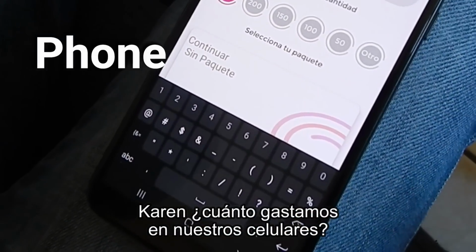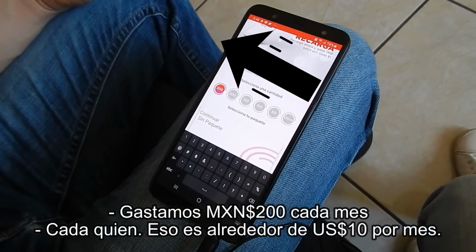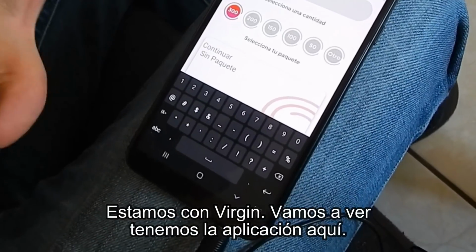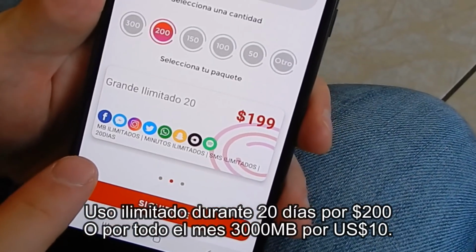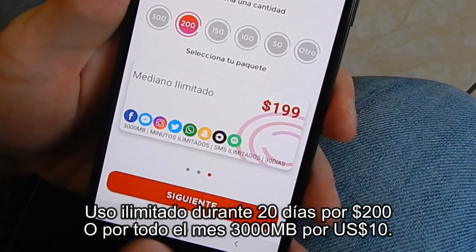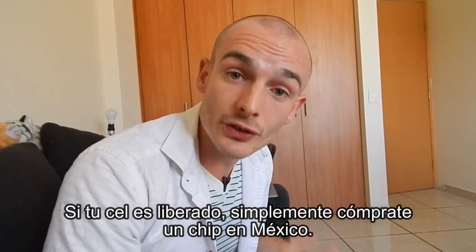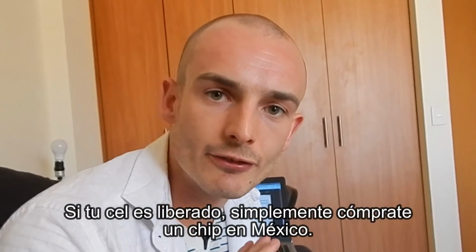So Karen, how much do we spend on our phones? We spend 200 pesos each month. Each. So that's about $10 a month per person. We're with Virgin. So let's have a look. We've got the app here. Unlimited for 20 days for 200 pesos. Or for a whole month, 3,000 megabytes, 3 gigabytes for $10. If your phone is unlocked, just buy a SIM card in Mexico, $10, and you will have more than enough